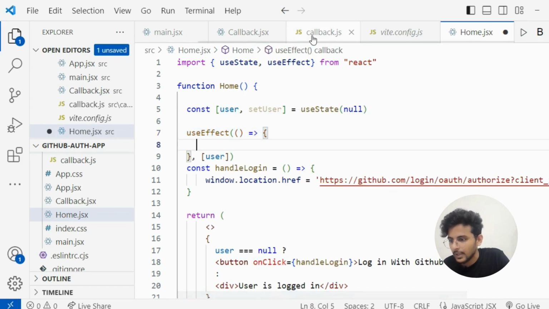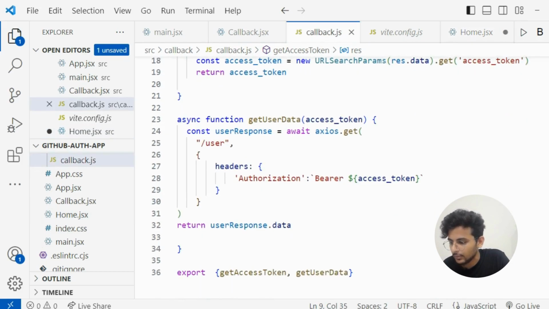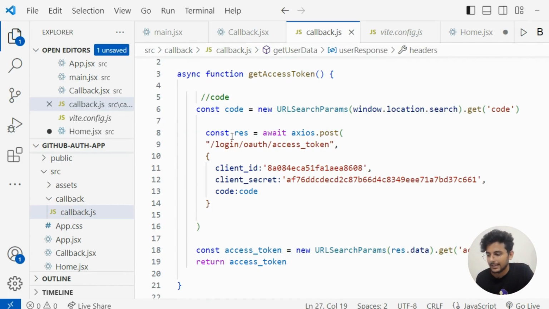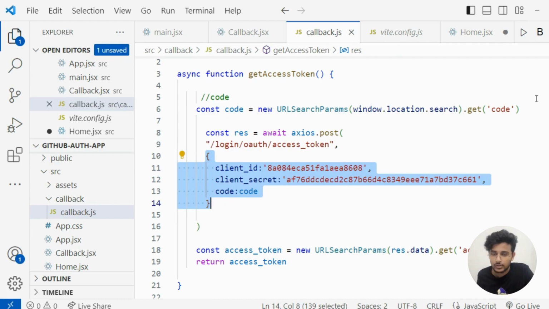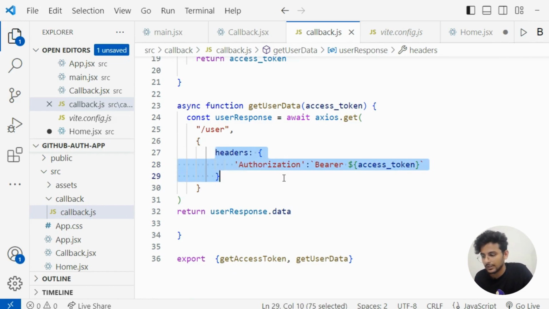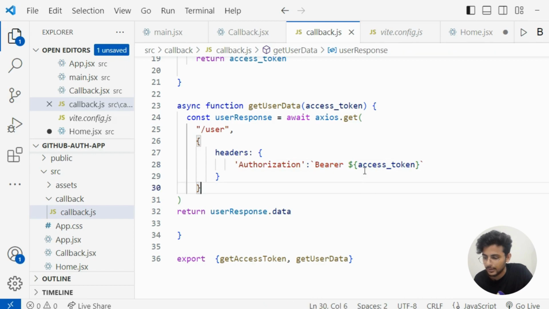In this function, like we did for the access token, I have also defined this function getUserData. Remember, in the getAccess function, we provided this data directly to this post method. Now we are going to pass this access token in the authorization header, because we cannot expose this detail directly in the URL. That is why we are using this authorization header, and this is a way to pass this access token. So first we use this Bearer, and then we'll pass the access token.